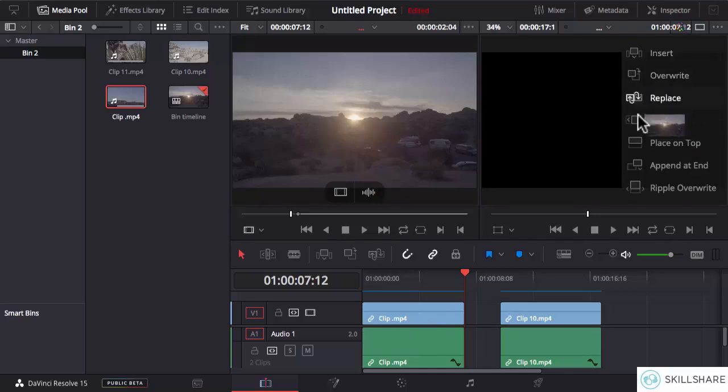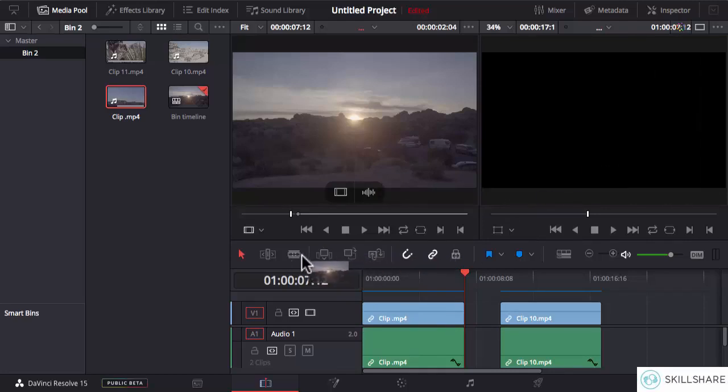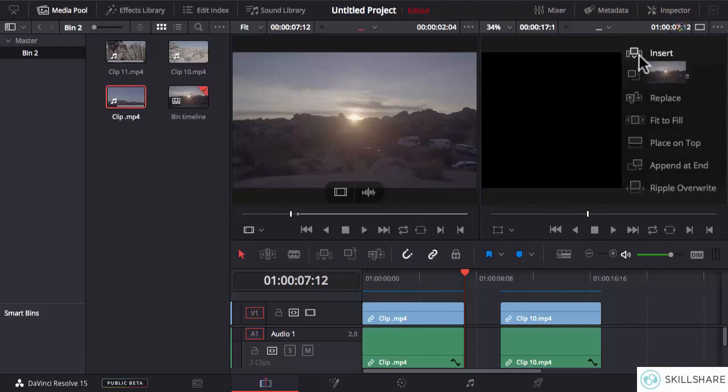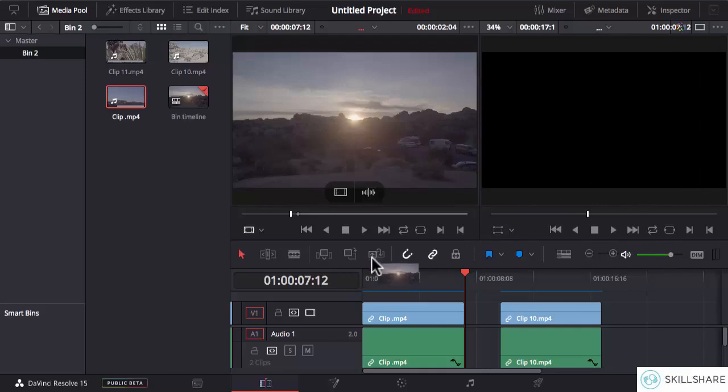Some of these tools are also available here above the timeline. As you can see, this is the insert tool, overwrite tool, and replace tool. These are all available here. So you have this, and this. These three tools are repeated, but some are not. So it depends which tools are more frequently used. They also made them available here. These tools help to easily select the right content or length of the video to be placed at the exact location in the timeline. I hope it wasn't too confusing for you,